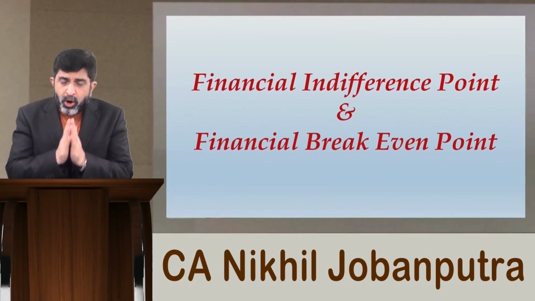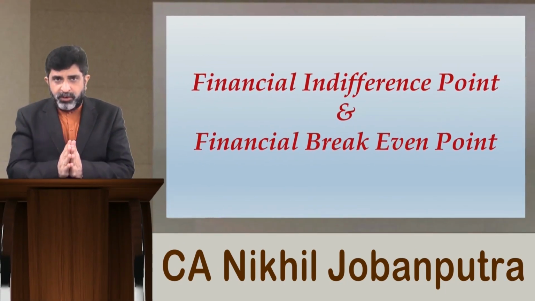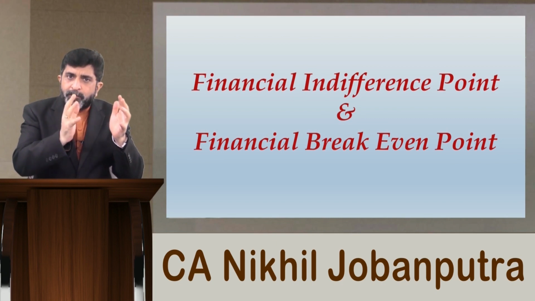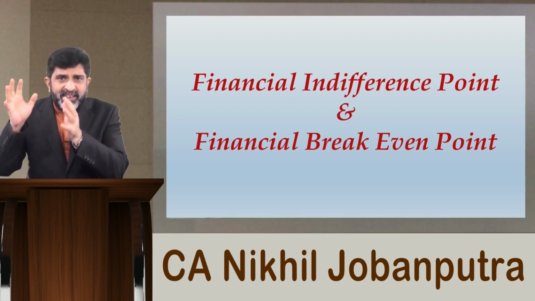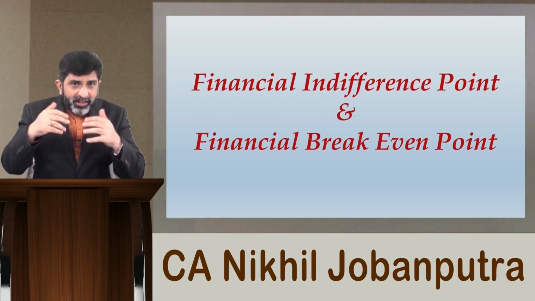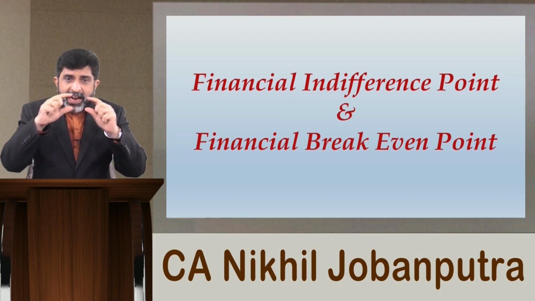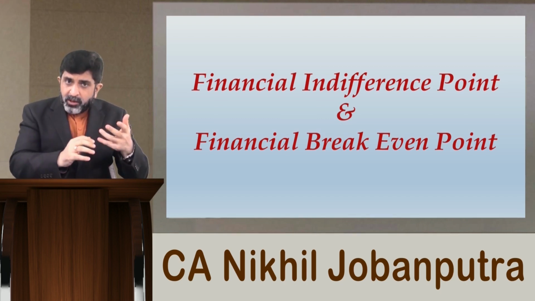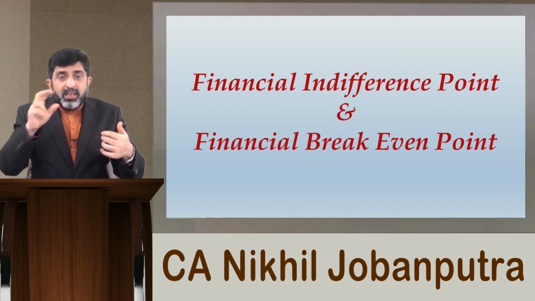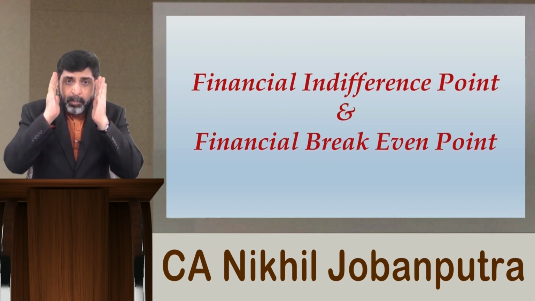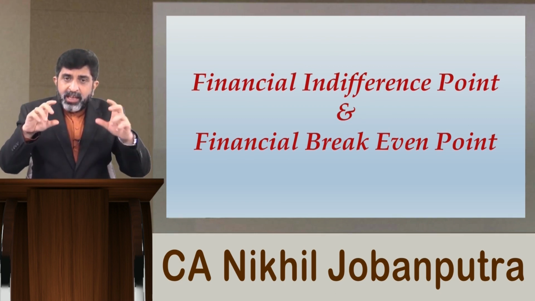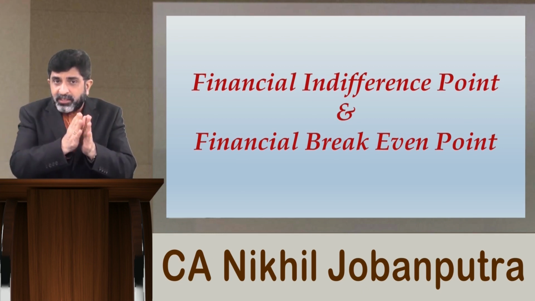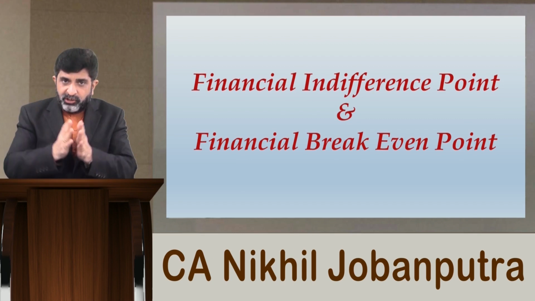Let me first explain you what is a financial indifference point. Now suppose there are two financing options, one where there is more of debt and less of equity, another one where there is less of debt and more of equity. And what is happening? You would find that at a particular given level of EBIT, that first plan is preferred, whereas at another level of EBIT, another plan is preferred. So your preference of the financing option can shift from plan 1 to plan 2 or vice versa. That means with EBIT changing, your preference may change.